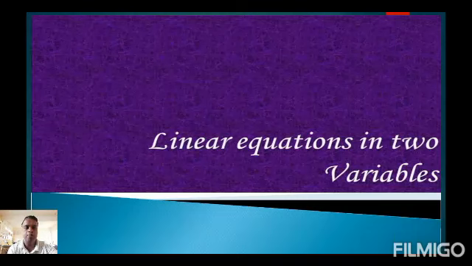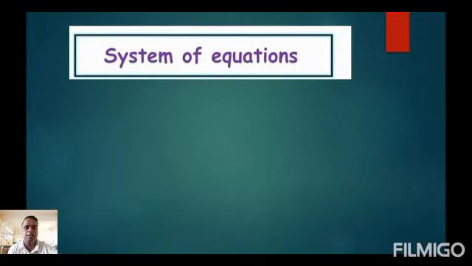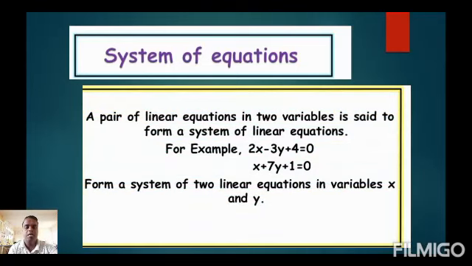Linear equations in two variables, 10th class. What is a linear equation? A linear equation has two variables x and y. What is a system of equations? A pair of linear equations in two variables is said to form a system of